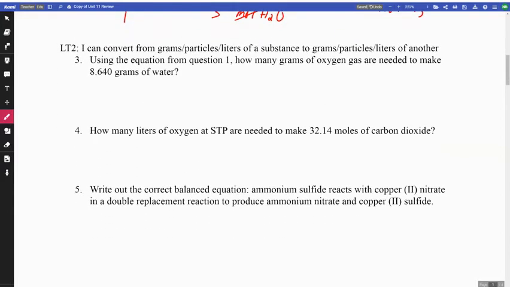All right, so using the equation from question 1, how many grams of oxygen gas are needed to make 8.640 grams of water? So now it gets a little bit more complicated. We're not just going from moles to moles. It's not just going to be the mole ratio. We have to convert from grams of water to moles of water to moles of oxygen to grams of oxygen. Okay, so we start with our given,